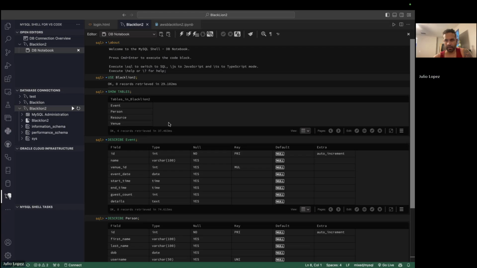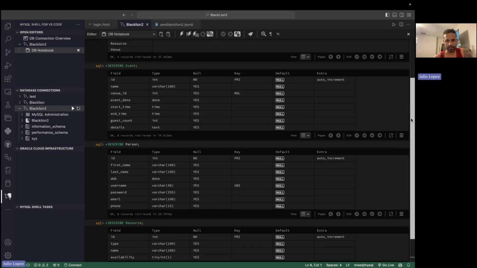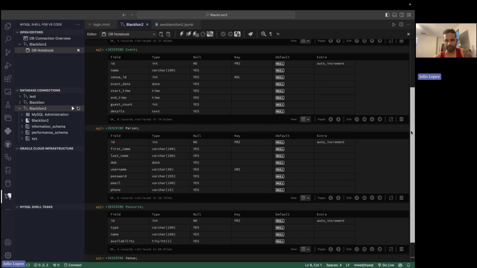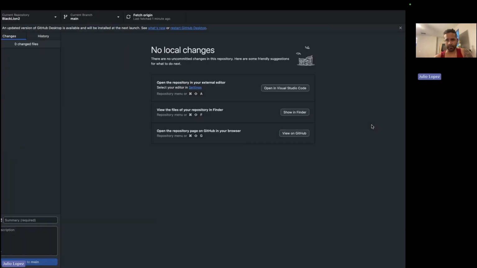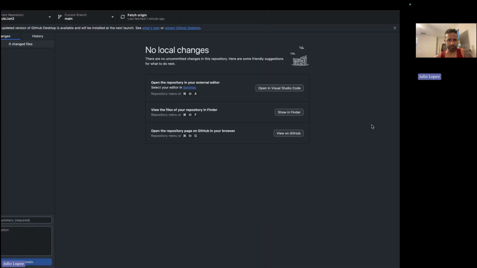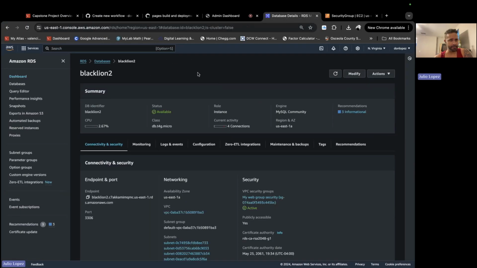I ran some queries here just to check the contents of the tables, where the primary keys are, and all of that. The team was satisfied with the result. I created it on AWS using RDS. You can tell right here it's available, there are going to be 4 connections, and it's running